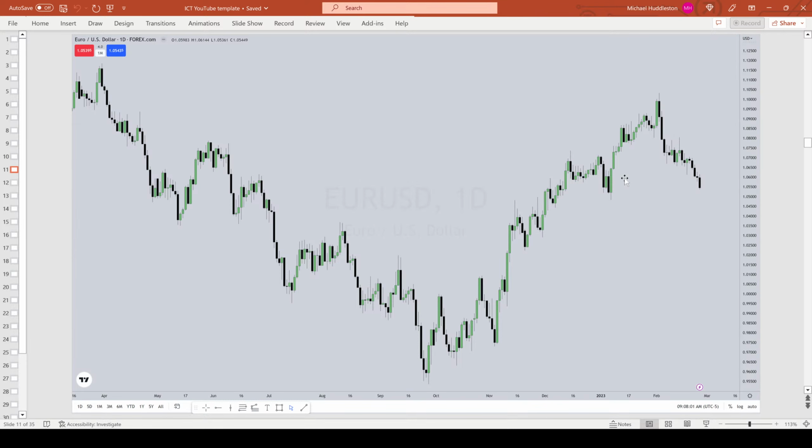So we have the Euro Dollar, our daily chart here. Now I'll start moving along a little bit more quickly because I don't want this video to be too long. But right away, you want to pause the video and look at the levels that are important to you. I know the majority of you aren't interested in doing that, but for the folks that are watching this video much later on, you can do that on your own.